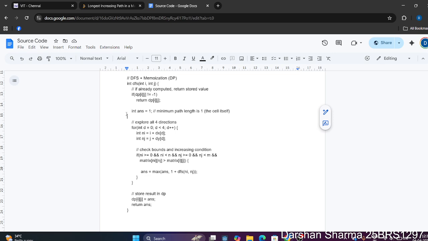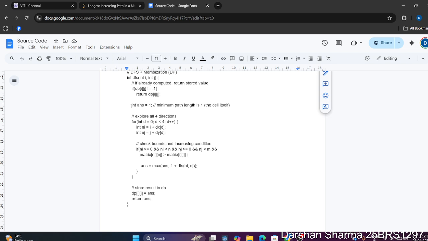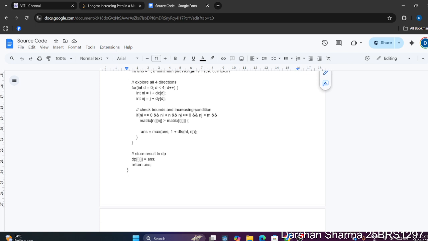So in DFS, we have int i and int j. Now this is the base case. If we have already computed the LIP, we are going to return dp of ij. The next case is answer is equal to 1. That is, if the minimum path length is 1, which is the cell itself, right? So initially we are storing answer as 1, and then we are going to explore in all 4